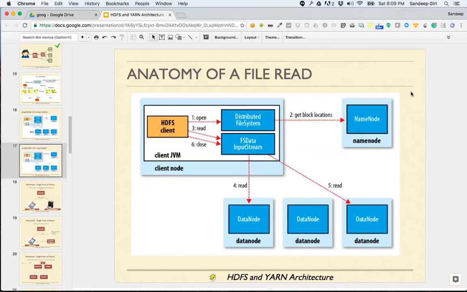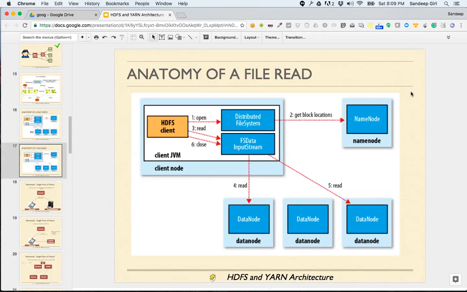This command first talks to the name node, and then it talks to the data node directly and reads the data directly. Once it gets connected to the individual data node, it transfers the file directly from the data node to the client, and that's how the overall process is extremely fast.